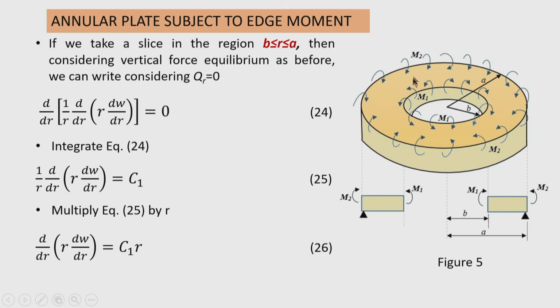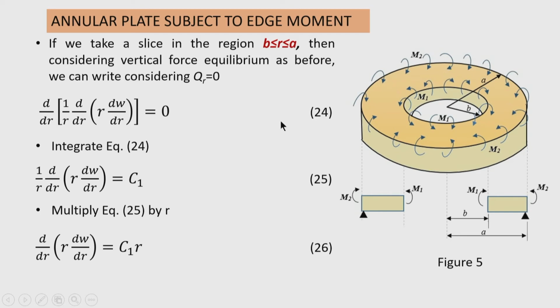So, for these columns arranged on the circumference of the circle, it will be convenient to adopt an annular raft foundation accommodating all the columns. So, this type of problem finds application in practice,